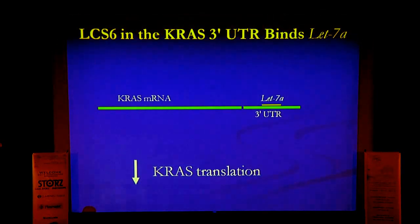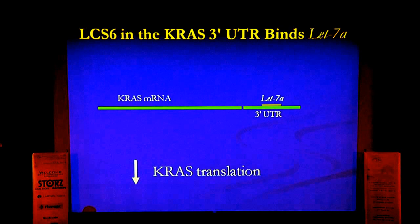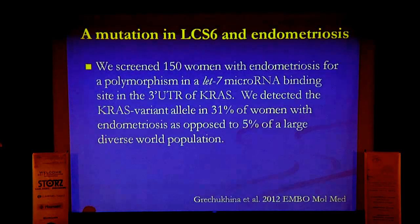Well, the KRAS gene has a binding site for this LET7 microRNA in its 3' untranslated region, not in the coding region of the gene, but in this area that controls RNA stability and translation. And when LET7 binds, it blocks translation of the KRAS. You get less KRAS protein. Well, we wanted to look to see if there were potential mutations in this LET7 binding region. Some polymorphisms in this region had been described in humans. So we screened about 150 women with endometriosis for polymorphisms in this LET7 binding site in the 3' untranslated region